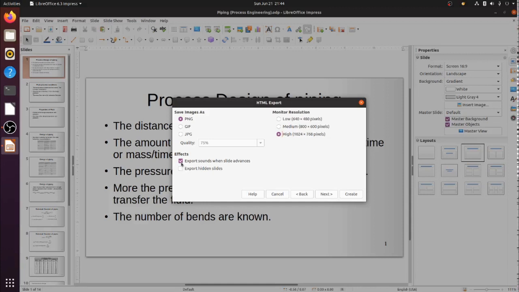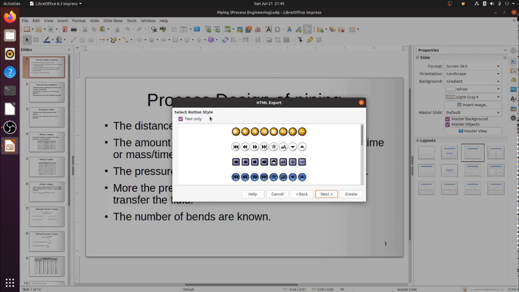Now there are no sounds that I want while the slide advances, so I am going to unselect it, click Next. Now here I can select the buttons that I want to run the presentation. My presentation background is white, therefore I am going to select the white buttons.